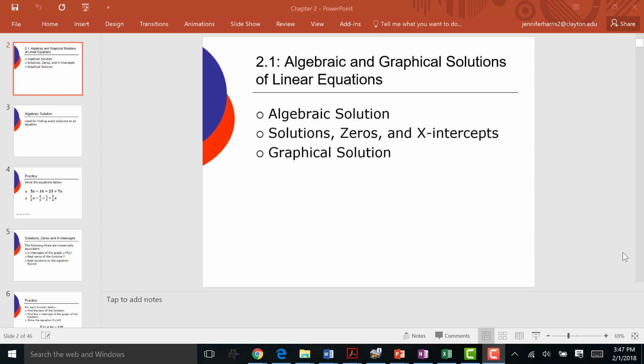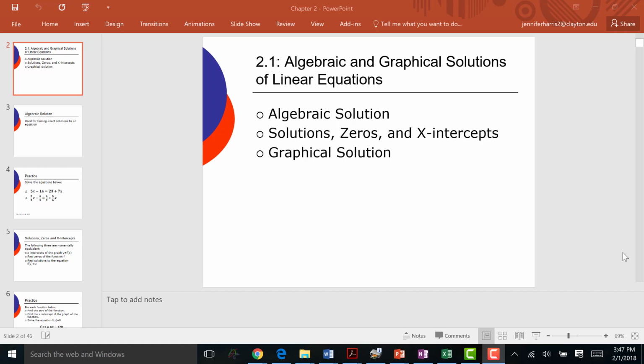All right, 2.1, algebraic and graphical solutions to linear equations. What's a linear equation that we usually keep the form of that we like to see the equations written in? What form? Y equals mx plus b. That's called the slope-intercept form. And so we're going to do some solving of those